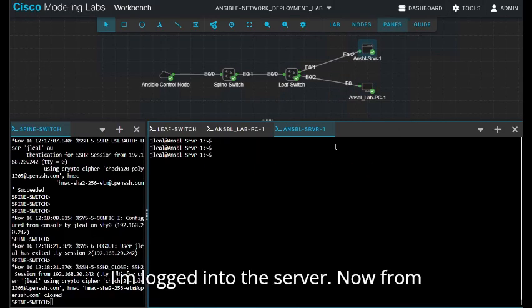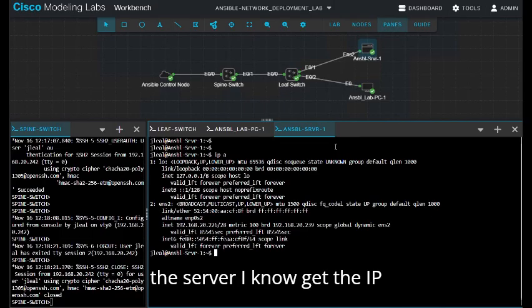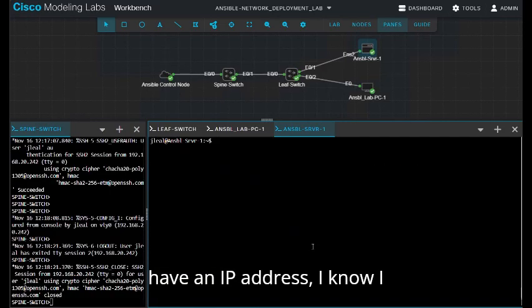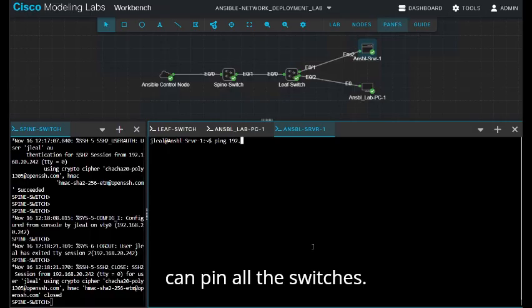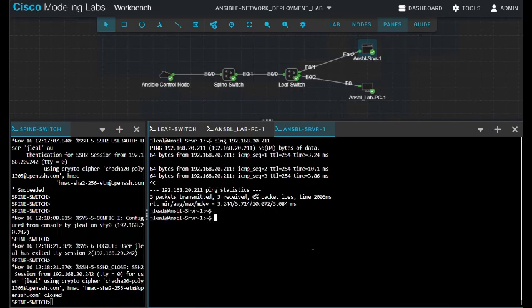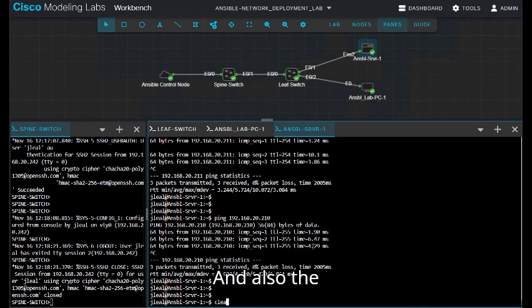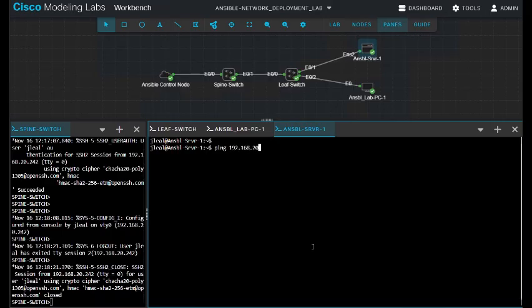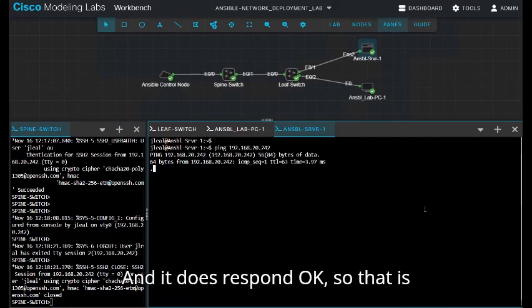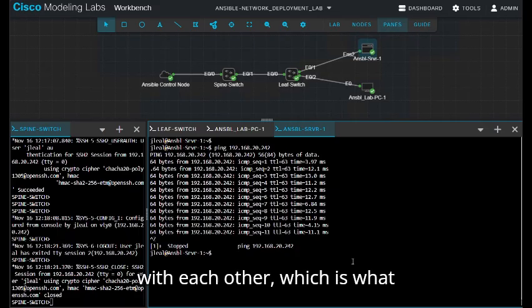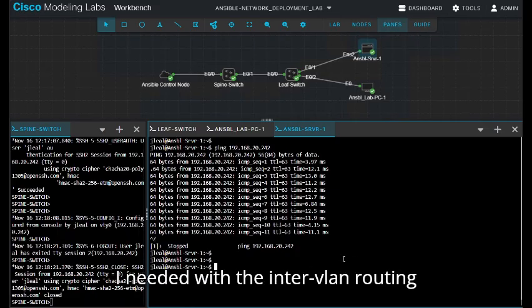Now from the server I know that the IP address that I have is 192.168.20.226. Since I have an IP address, I know I can ping all the switches. The spine switch responds. The leaf switch responds, and also the computer responds, 192.168.20.242, and it does respond. Okay, so that is good. All the devices are able to communicate with each other, which is what I needed with the inter-VLAN routing configured